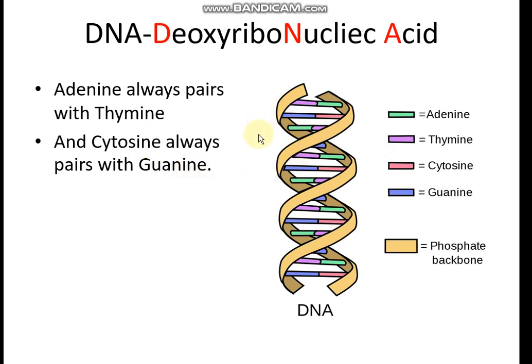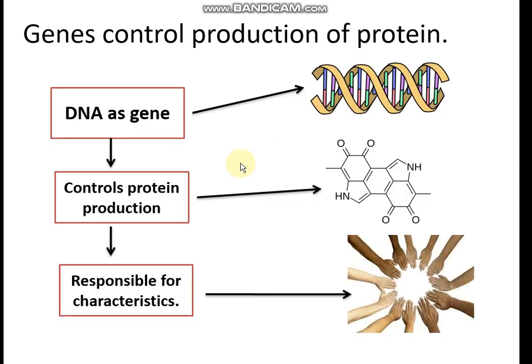So this is enough. You need to learn that DNA is a double helical structure composed of a sugar phosphate backbone and 4 nucleotide bases. Now this is the prerequisite for our next topic, which is showing that the genes control production of protein. Now genes, they are in the DNA, the coding part of the DNA, or the unit of inheritance is gene. Then the gene controls the production of protein, and protein is responsible for producing a specific characteristic.